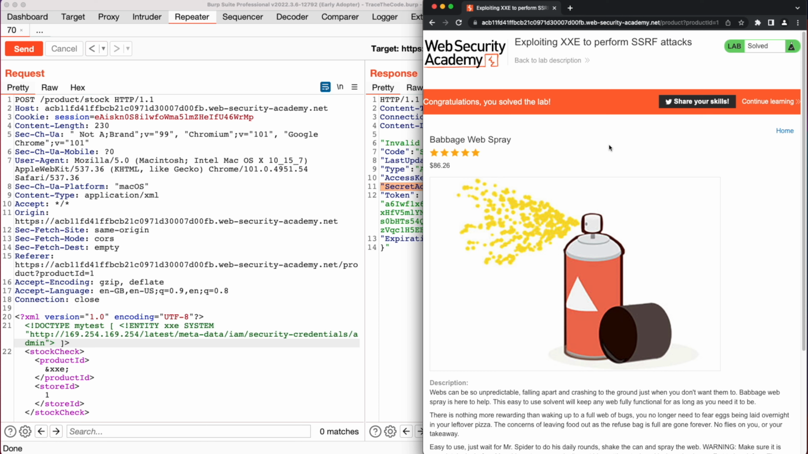During this video, we saw how an attacker could exploit XML external entity injection to perform an SSRF attack and get access to the